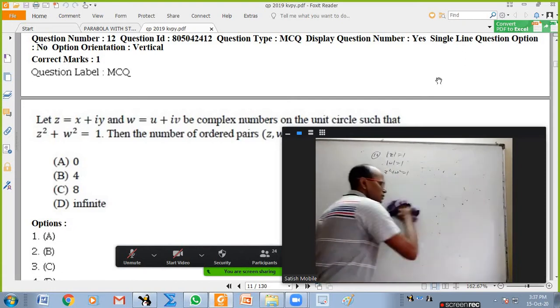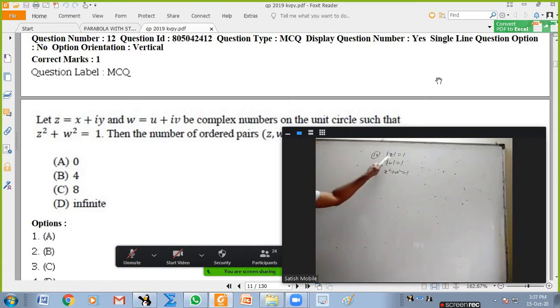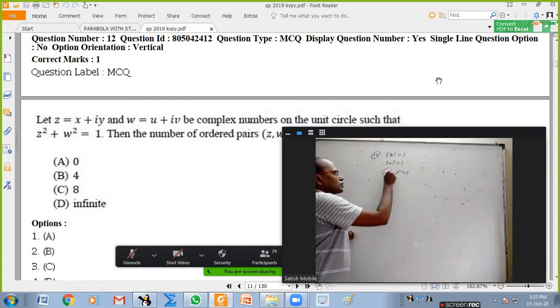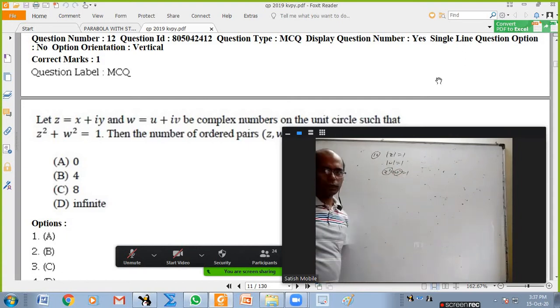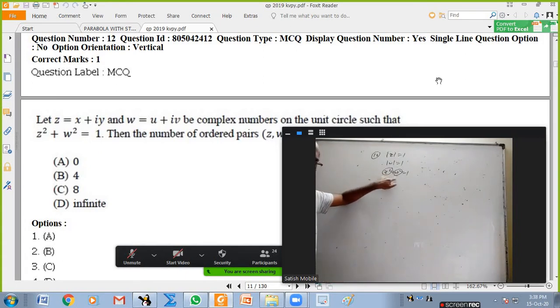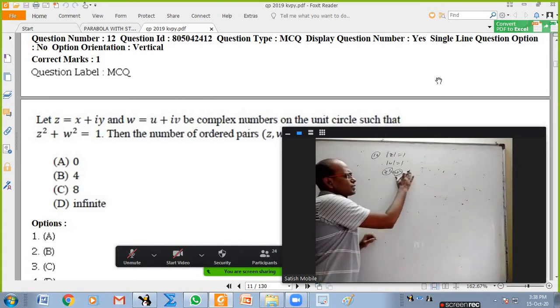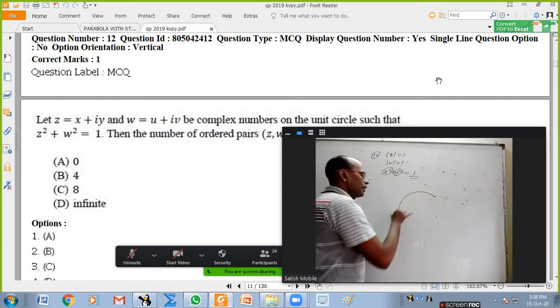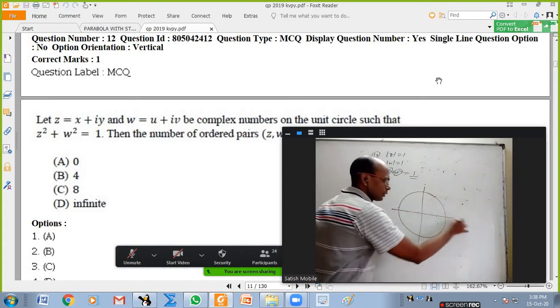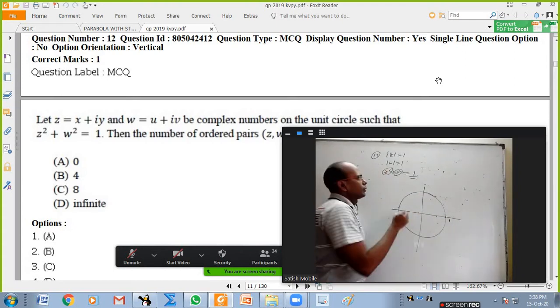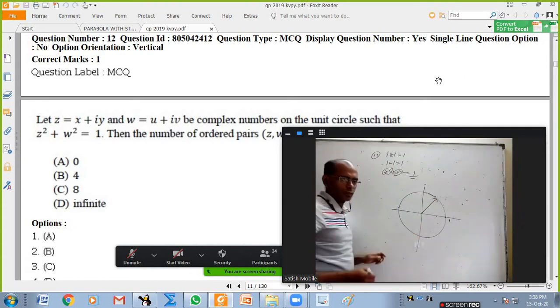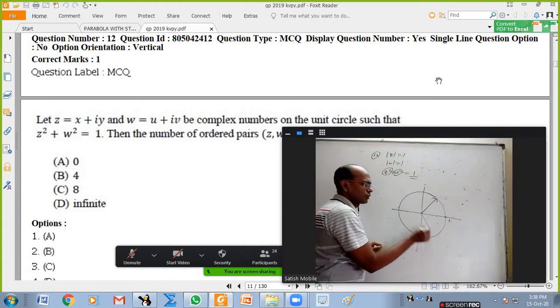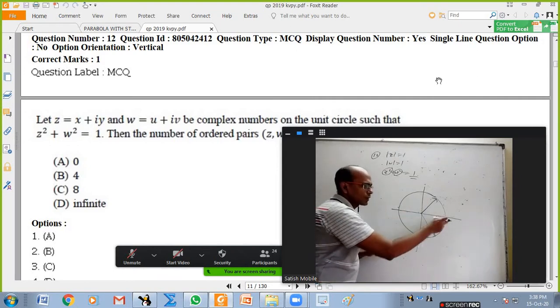Why I am asking this is, if mod z is 1, mod of z square is also 1. Mod of w square is also 1. Basically, I am looking for two complex numbers whose magnitude is 1 and 1, but their sum is also 1. When I say the resultant is 1, it is not just that the magnitude is 1. It should be the number 1 itself. So if I have a unit circle and 1 is here, z square is some unit vector like this in complex numbers. w square is some unit vector in complex numbers. But the resultant should be exactly 1 itself.